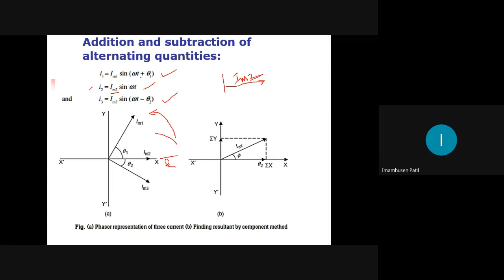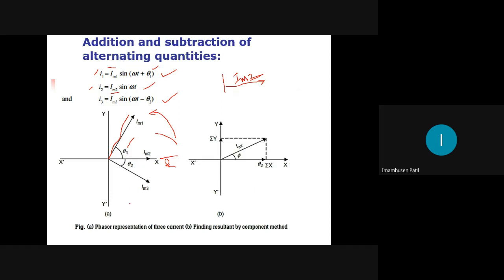Okay, now come to Im1. Im1 is equal to sine(omega t plus theta 1). Okay, there is a plus theta 1. I told you plus indicates leading. That waveform is leading I2 by angle theta 1. So what I will do, I will draw this Im1 at an angle theta 1. Okay, I1 is there now. What is the maximum value? Im1. This length from here to here should be Im1. So what is the angle? Theta 1. This is the angle theta 1.